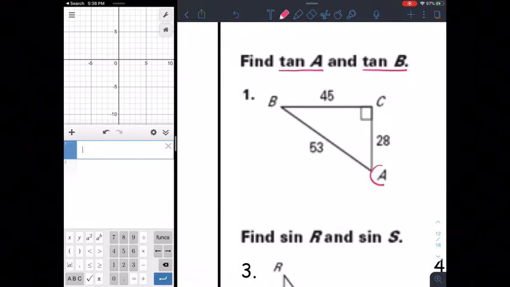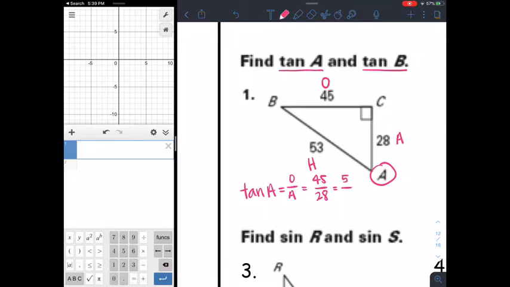So if I look at angle A, I'm going to go ahead and label these. I have my hypotenuse, and in reference to angle A, my opposite will be my 45, and my adjacent will be my 28. So if I want to find the tangent ratio of angle A, that is going to be TOA, opposite over adjacent, which will be 45 to 28, and go ahead and simplify that down, divide them both by 7,